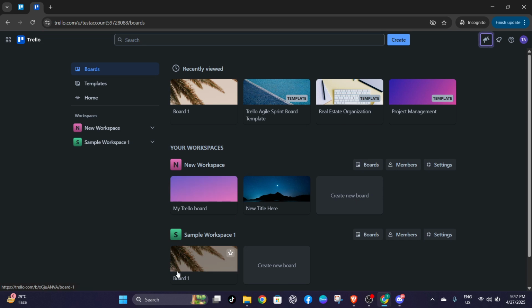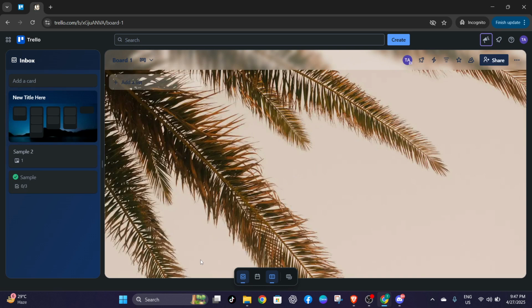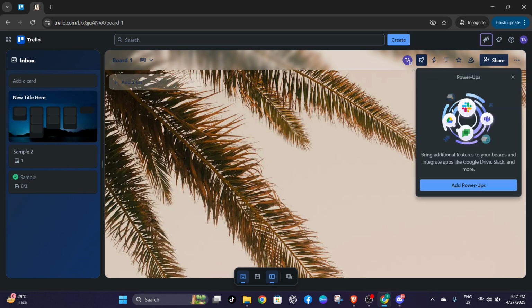Once you're on the desired board, take a look at the upper right corner of the screen. Here you'll see a button labeled Power-Ups. Click on this button to enhance your board's capabilities with additional features. Within the Power-Up menu, you'll want to select the option to add more power-ups. Click on Add Power-Ups, which will allow you to browse through a variety of available enhancements that can be applied